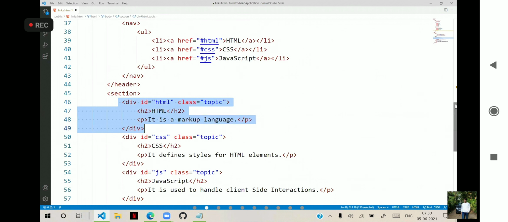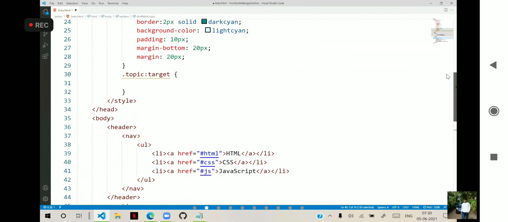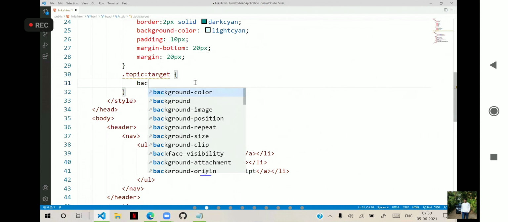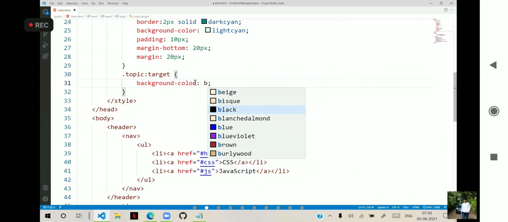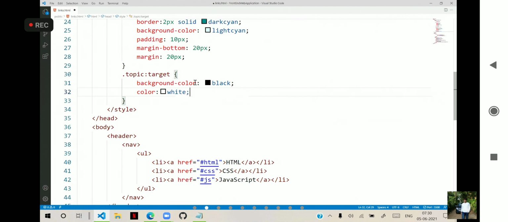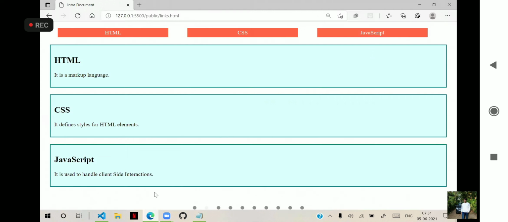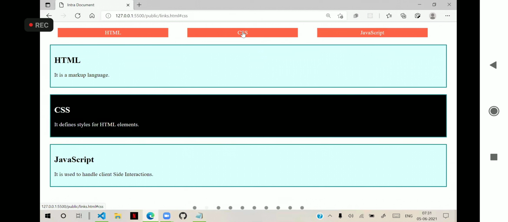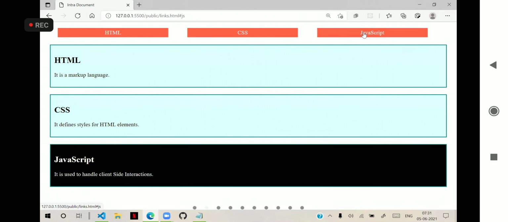If it becomes target, then for that I will apply background color as black and color as white. Now when I click on CSS, the CSS block becomes target and you see that CSS highlights. I click on JavaScript, JavaScript highlights. I click on HTML, HTML highlights.